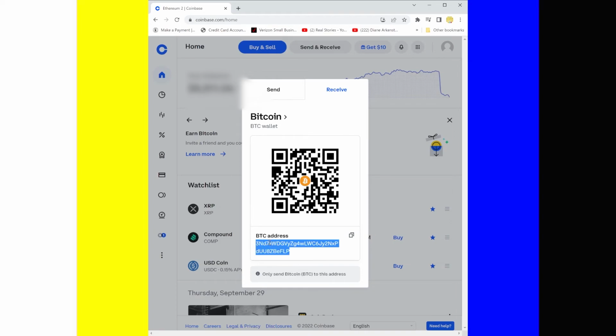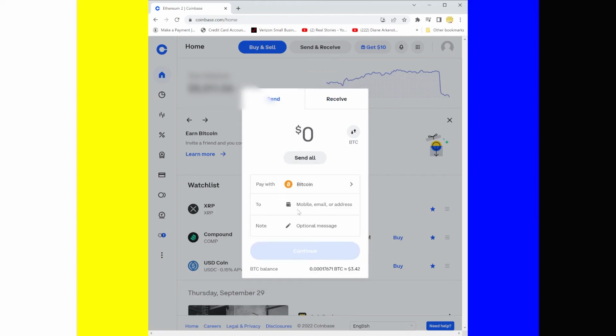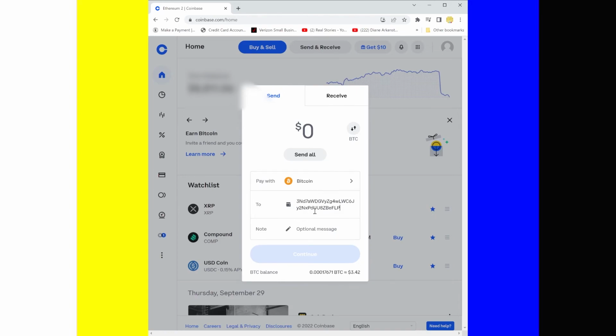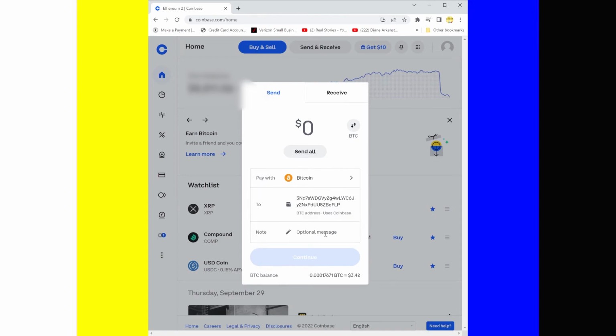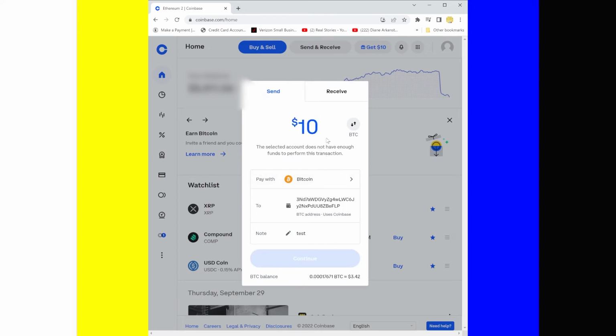But yeah, I have this address. I can receive stuff here. It'll go right into my wallet. Or I can get somebody else's address and I can send, we'll copy that address here. And let's say I wanted to send Bitcoin to one of them, and I'll just Control V and paste that wallet. And here, if I have a note maybe here, and I want to send $10 worth,